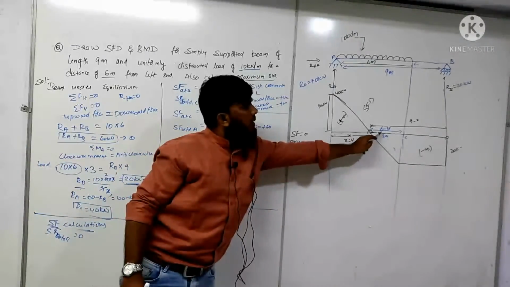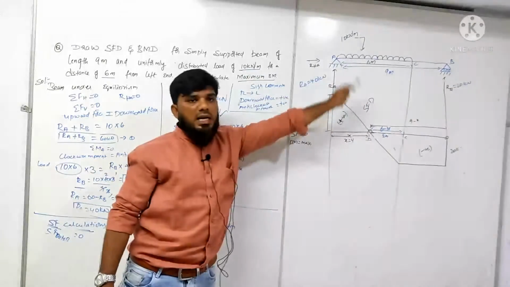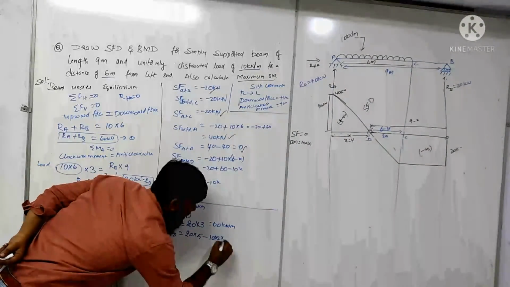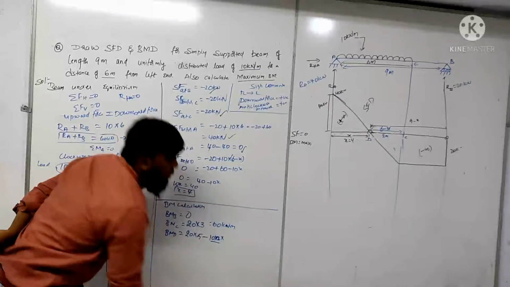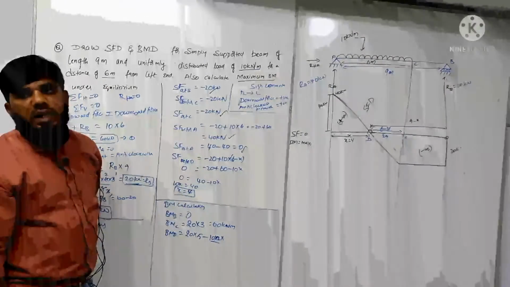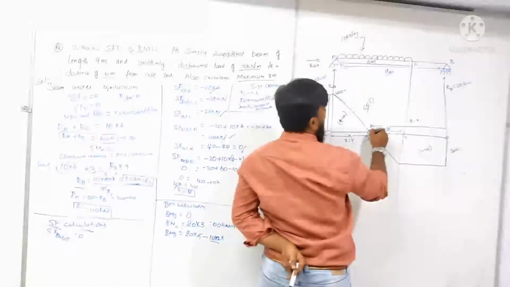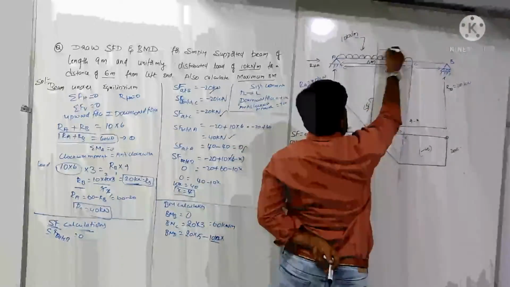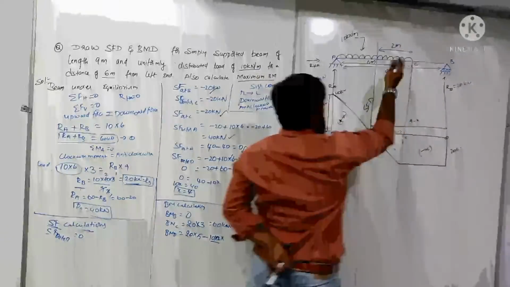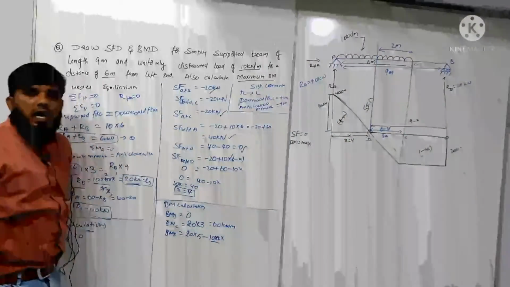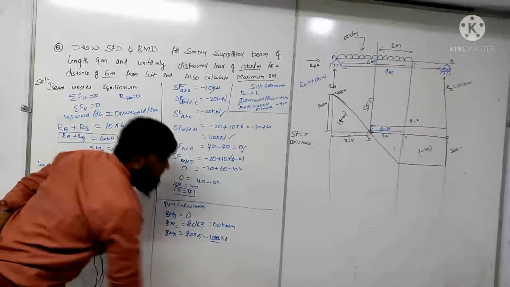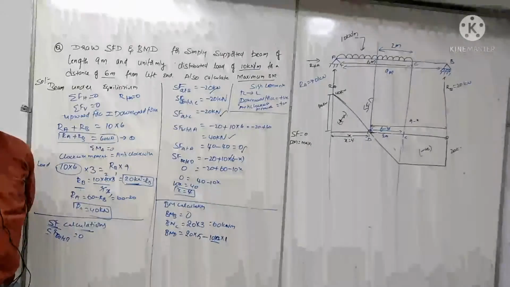So this UDL you have to consider. The UDL which is acting in a length of 2 units. That is 10 into 2 into y. This 10 into 2 is nothing but load. Then you have to calculate the CG. So CG for what part? This part. So what is this total length? 2 meter. The CG of the 2 meter will be half of the length. That is 1. 2 by 2 or 1, whatever you want to take.